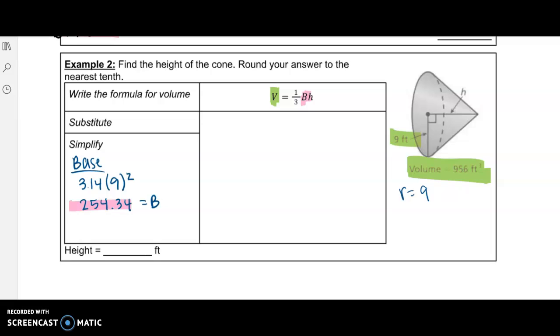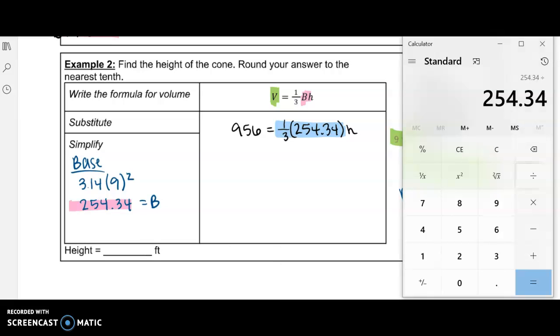Our volume was 956 equals 1/3 our area of our base, which is 254.34, times our height. So first we need to simplify, so we're going to divide our area of our base by 3, because multiplying by 1/3 is the same as dividing by 3. So divided by 3,